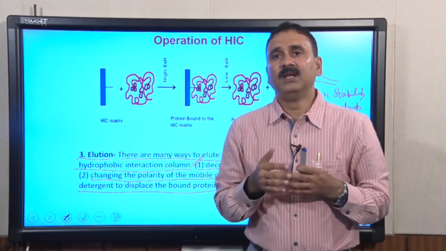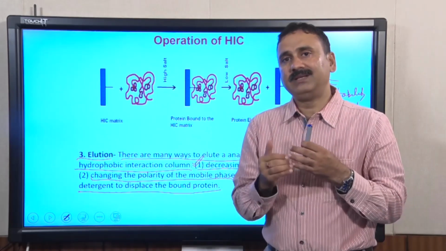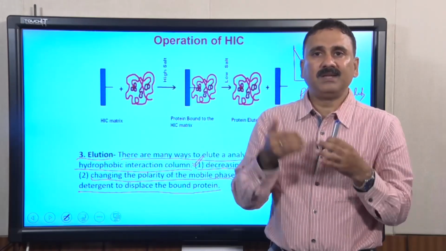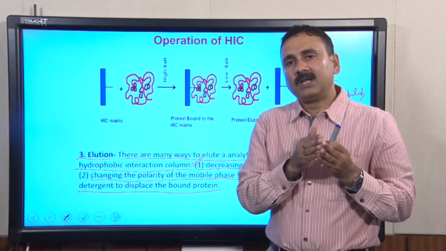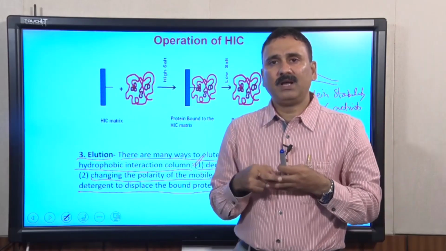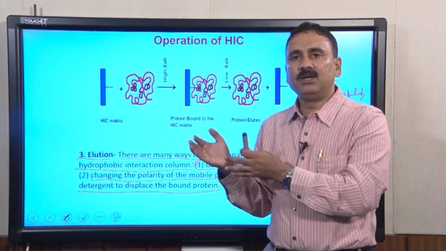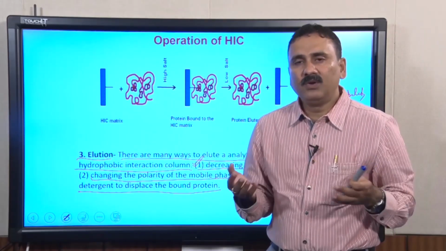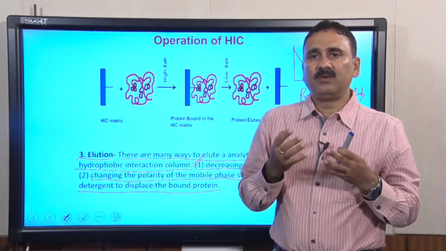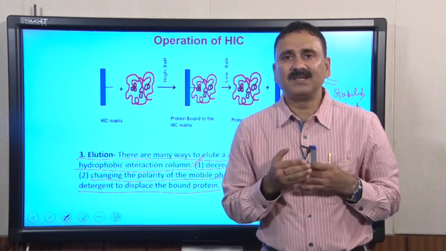And in those cases, you might have to supply the non-polar solvent. So, people start with the alcohol and then they can go up to acetone and benzene and hexane and all that, but as long as they go up to the alcohol, there is a possibility that the protein they elute will probably be active. But beyond that, if they supply the acetone or hexane, you would still be able to elute the protein from the beads, but that eluted protein may not be active,